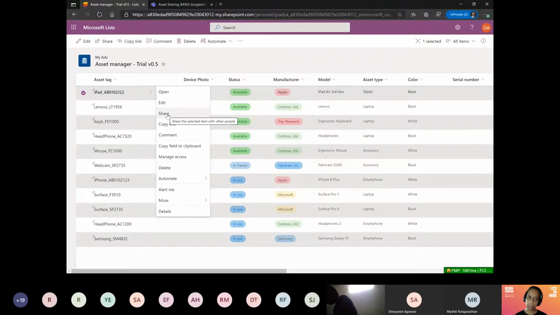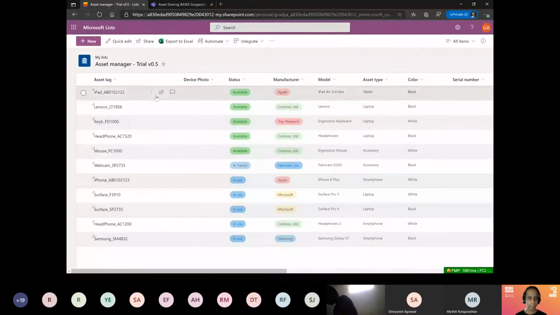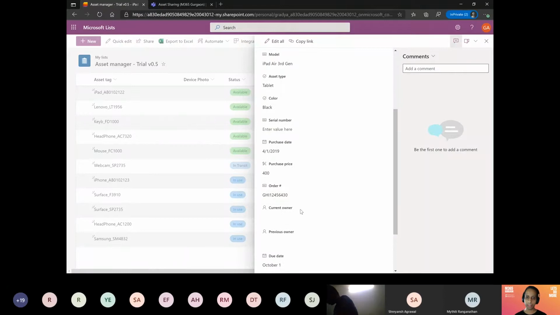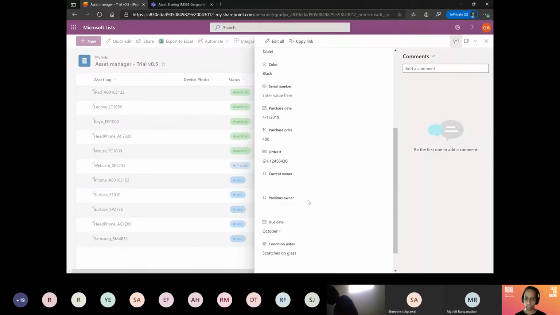You can actually share this particular item with other folks. You can open it, edit it, and do more things with it easily, right? If I click on this particular field, the entire item is now available for me to edit, right? So I don't need to scroll left and right to edit this particular field.